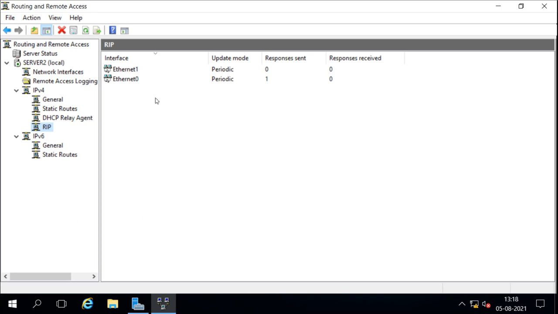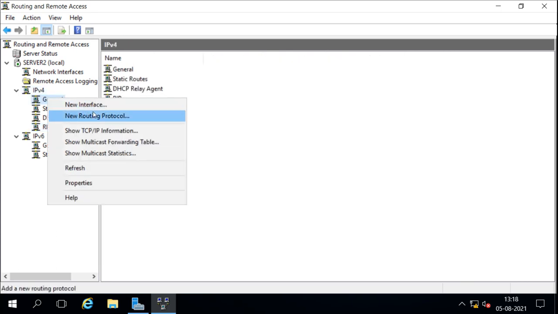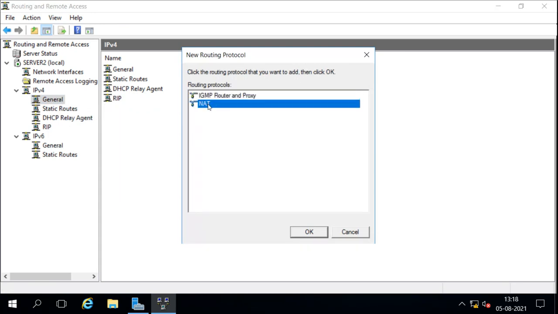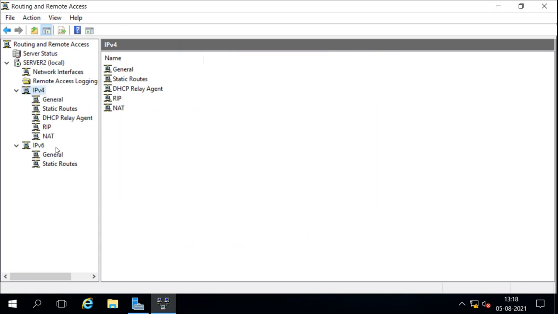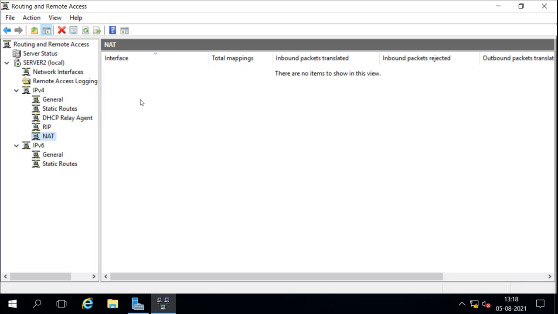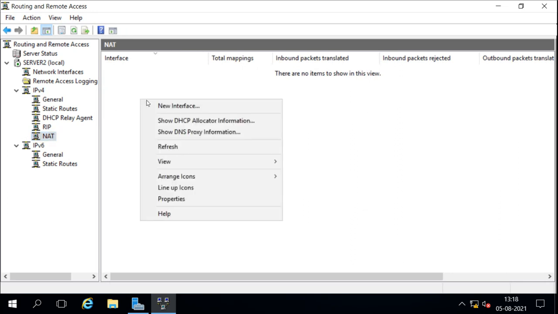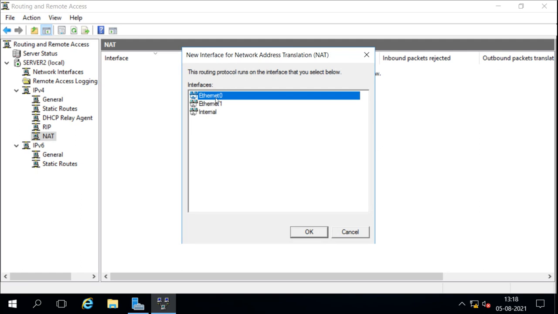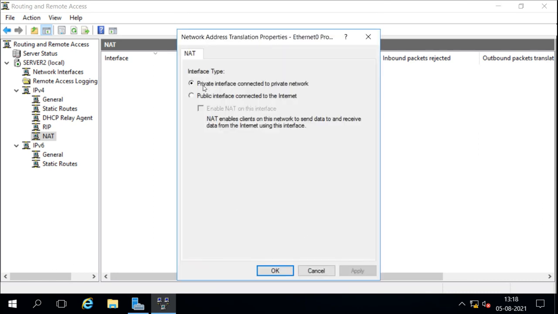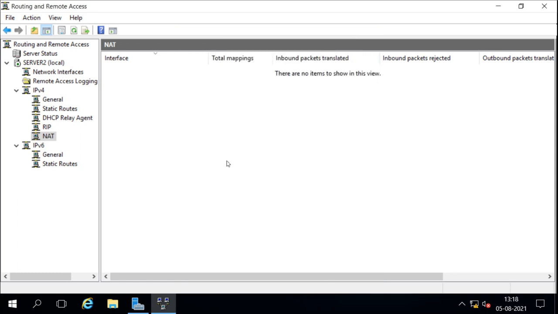Then if we want, we can enable NATing also. For enabling NATing we have an option here. So we can enable NATing, and then we have to add the interface which we want to use in the NAT. Now here, if we have mentioned the name, then it will be easy for us. This is the interface, and it is either private or public. So we have to select whether it is a private interface or public interface, and for that, if we have changed the name, then it will be easy for us. For example, I will change the name.